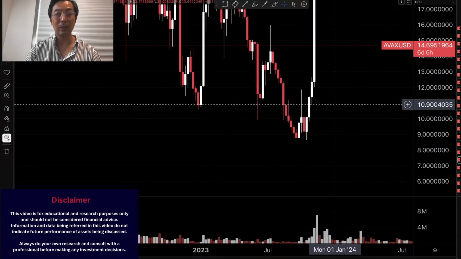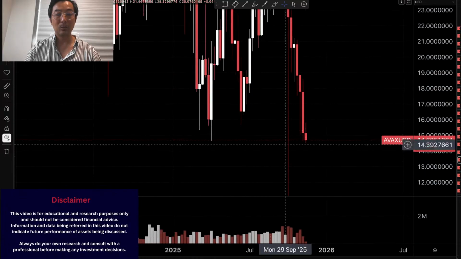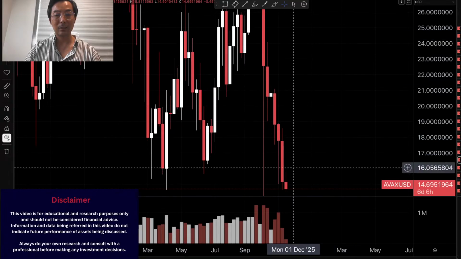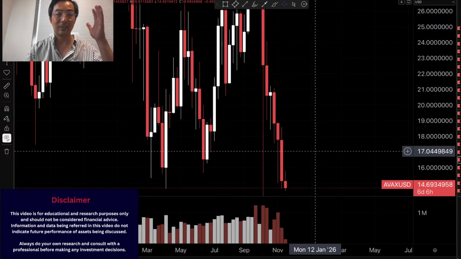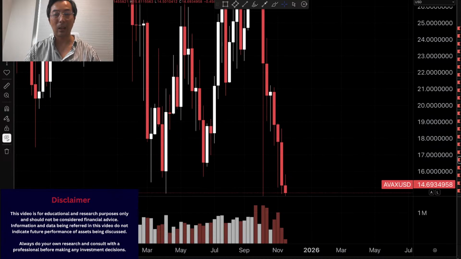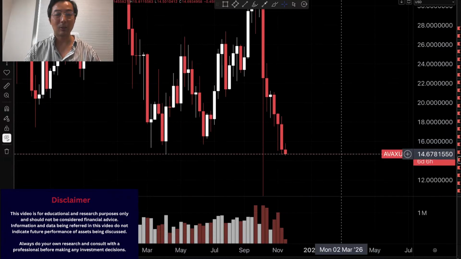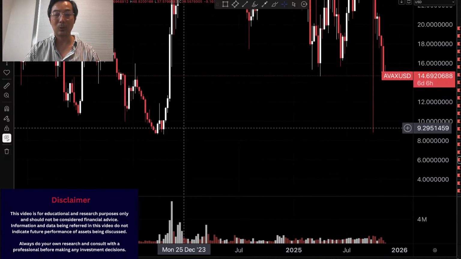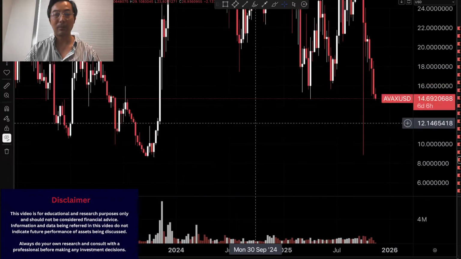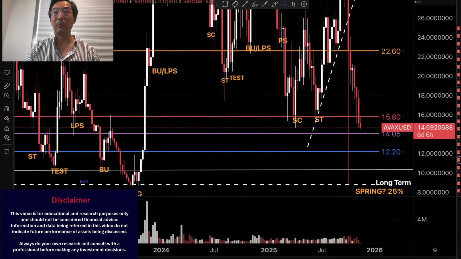So we're looking for this kind of L shape to happen. Currently, we're still not in an L shape. We are just going through the left-hand side of the letter L. We haven't seen the horizontal leg yet. That's what we are hoping to see. Okay. All right. So that's for